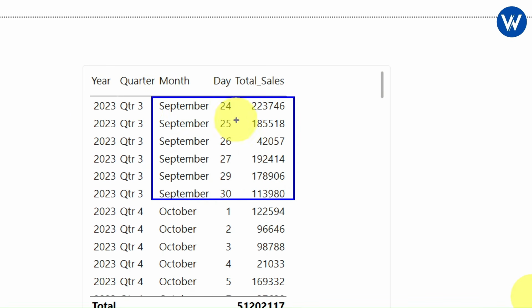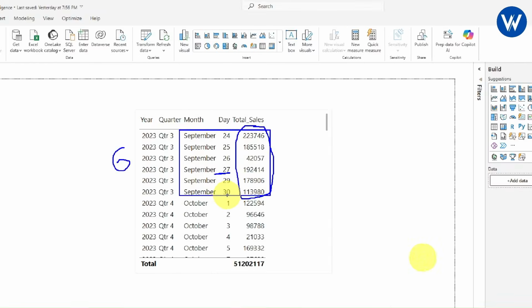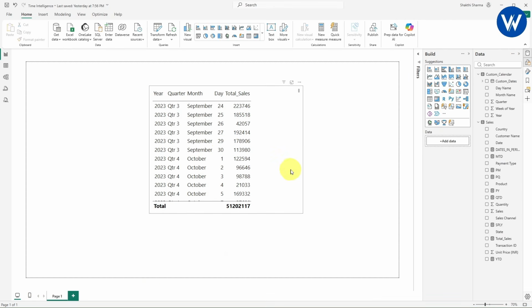Here we can see 24, 25, 26, 27, 29 and 30. So in total we have 6 days only. But here 28 is missing. 28 is missing. So basically we need to find the total sales of this complete 7 days, which is 24 to 30.